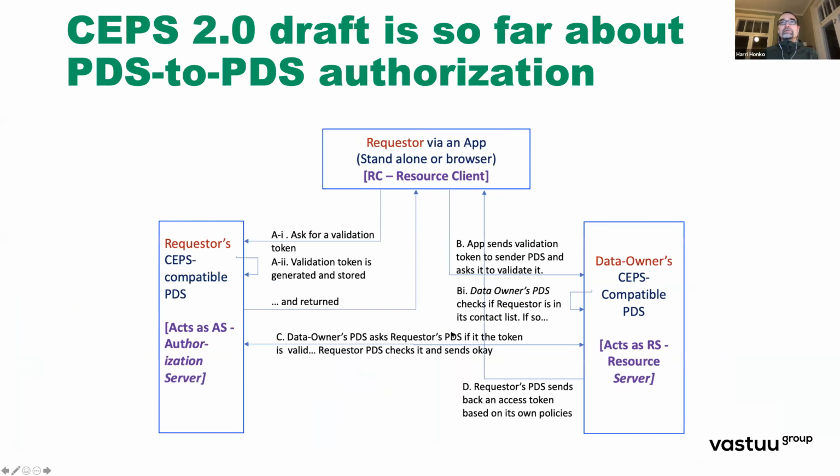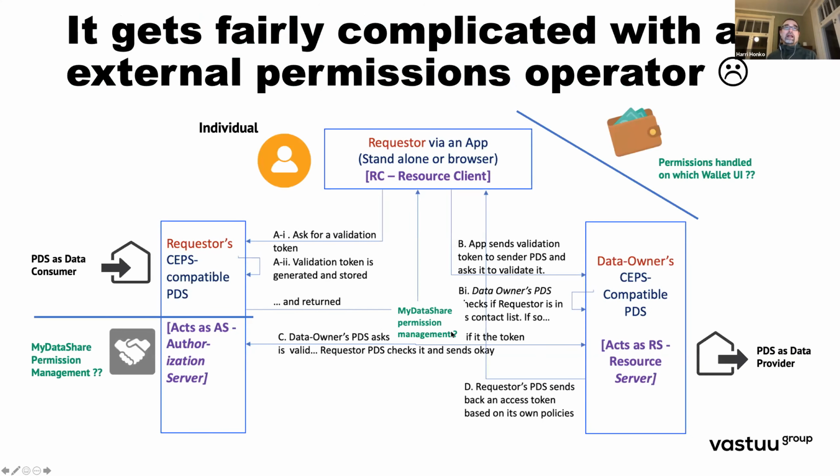This is a picture from the CEPS 2.0 draft. It's something that Salman did, and I've been commenting on that, and we've also tried to get comments from Justin Richer, who is the OAuth2, or Mr. OAuth, in the identity space. This is pretty much about having a somewhat decentralized model, a different model, which is GNAP, and how we would map the CEPS to the GNAP.